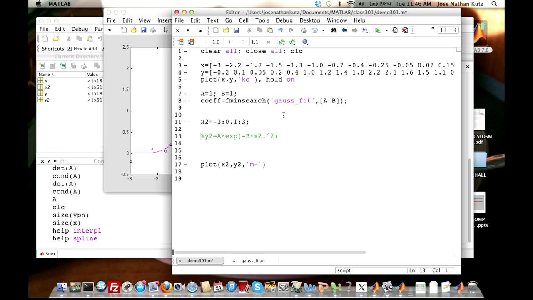And once we run it, I'm going to get back here in this coef new values of A and B. So my new value of A is going to be the first component of that, and the new value of B is going to be the second component. And so now I can plot this new y2. Let's just plot it and see what the results look like. And in fact, let's have it spit out what the values of A and B are. So if I run it,